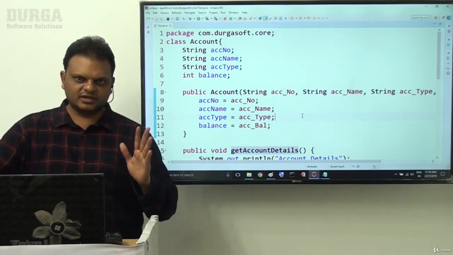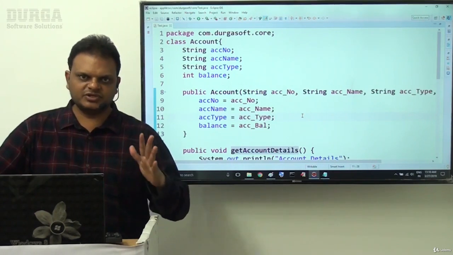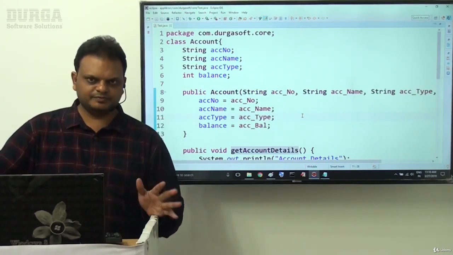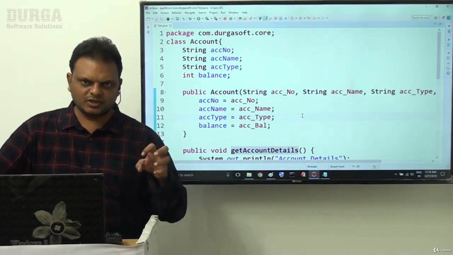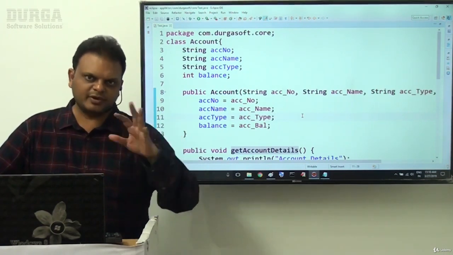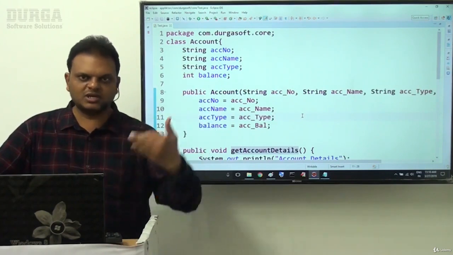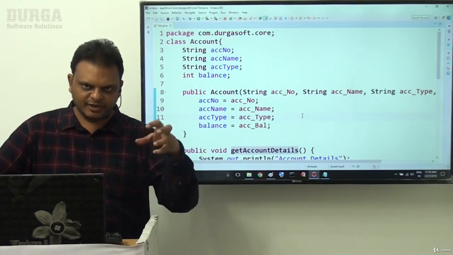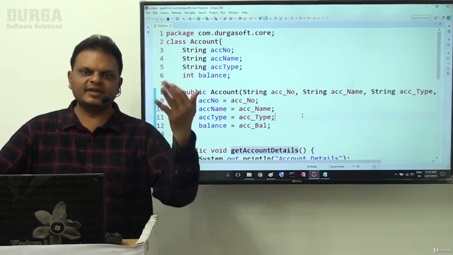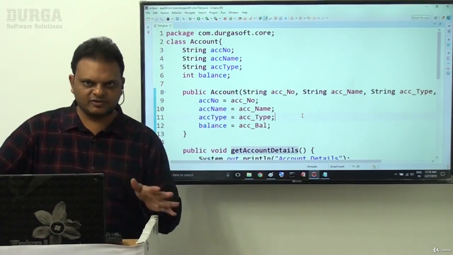Instance variables data, that is class level instance variables data, will be stored in heap memory. In general, objects are created in heap memory. Heap memory data is available throughout the class scope, to any number of methods, because they are class level variables.